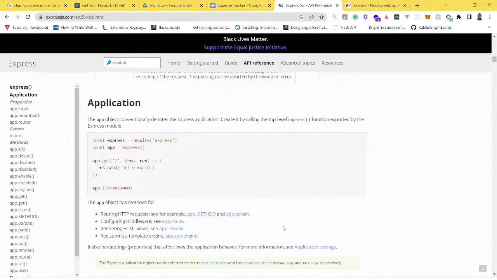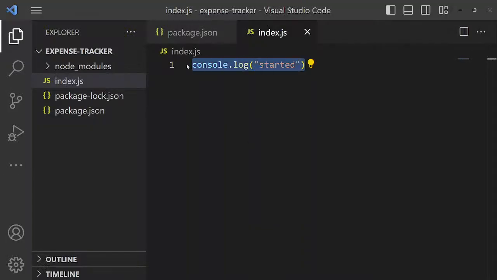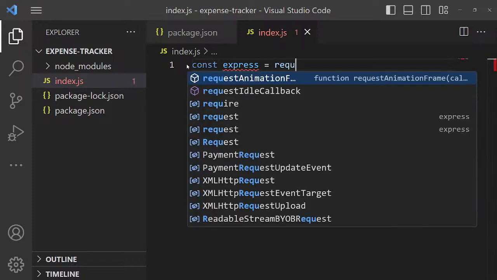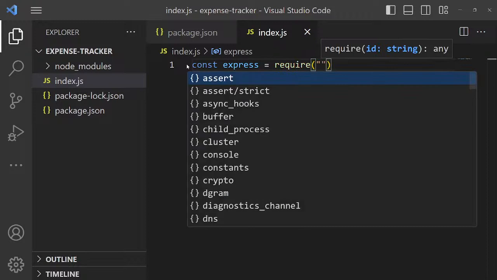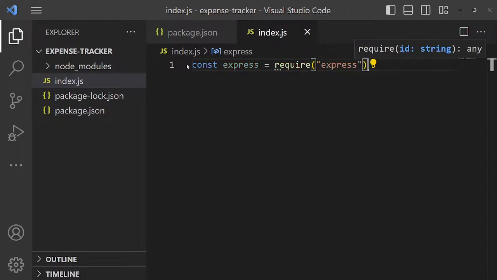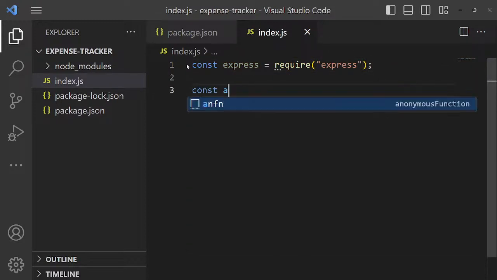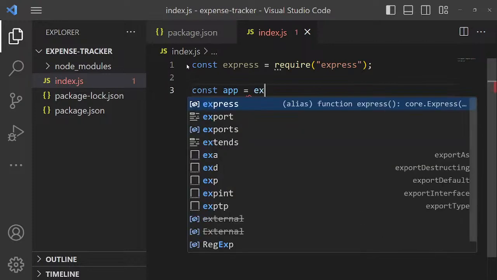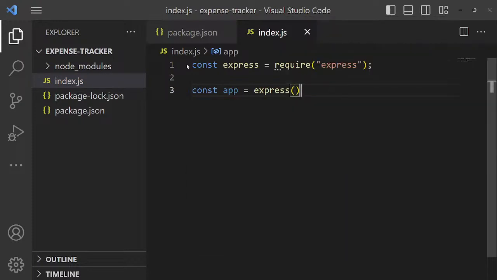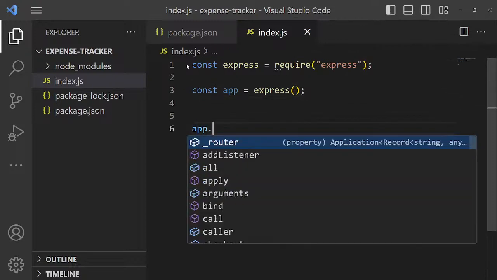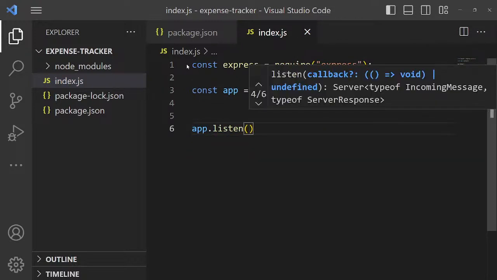In this later stage, I will also introduce something called nodemon, which will help us run our application without closing our terminal. So you will just see the difference. So what does it say? We will need express, so we'll require express, and then we will create an app. I think it's an interface which will be used, and now for this we'll do just an app.listen to our port, which is